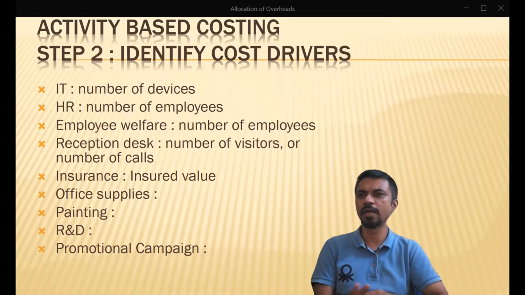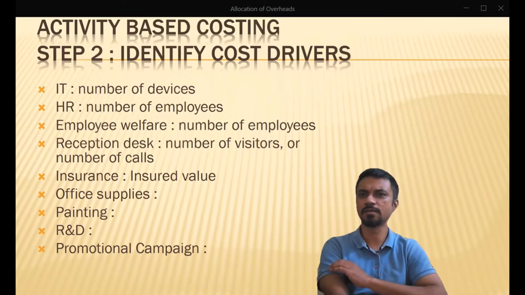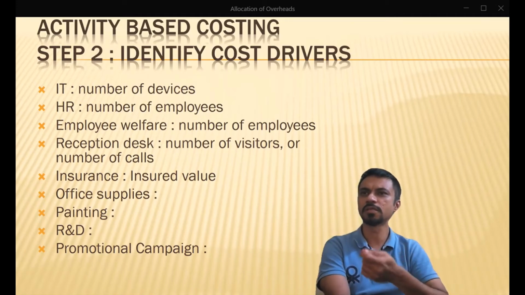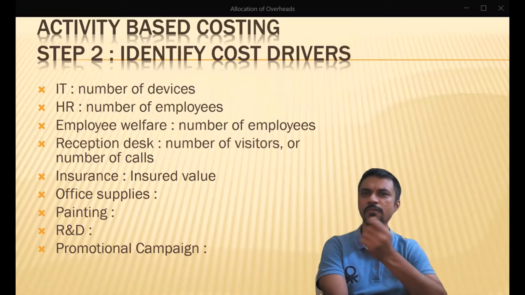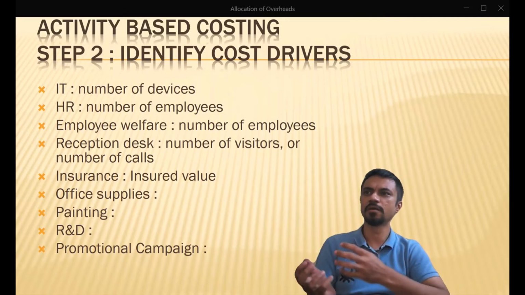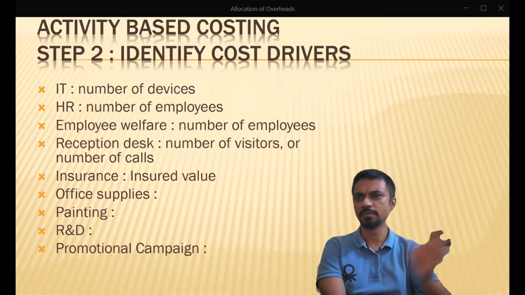So many times what management does is, instead of getting into this much detail, they just apportion it either equally, or they could just come up with a simple metric such as number of employees or the total sales. So some such number they'll come up with, and then all the overheads will be divided by such things.